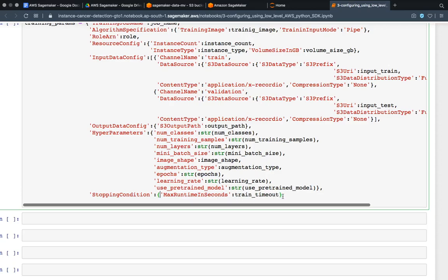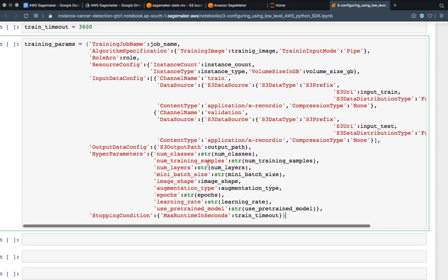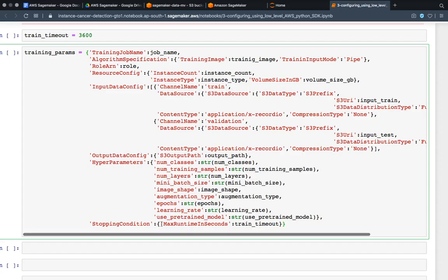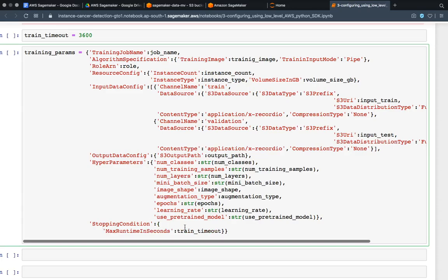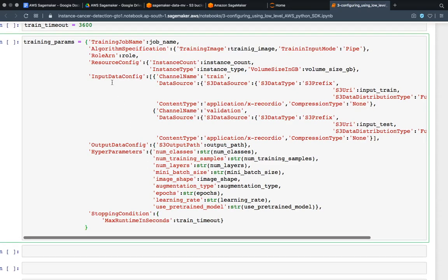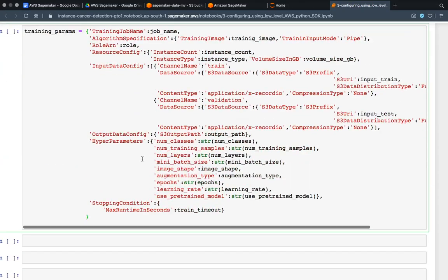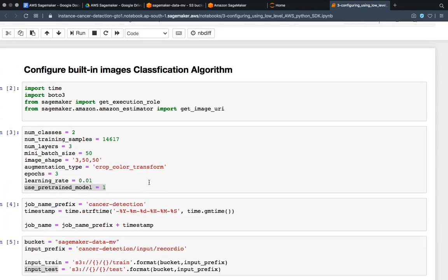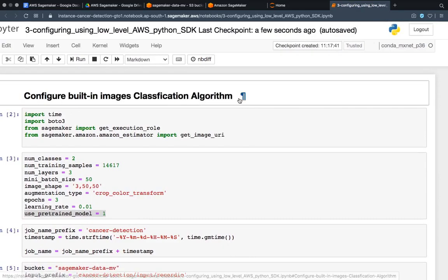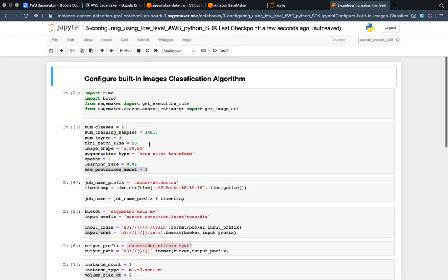And yeah, what else? You have to close this thing over here, and I guess we are good to go now. Or to make it more pleasant, we can do it like this. Now you can see it is starting over here and ending over here. These are the training parameters which we have defined, and these all are for configuring the built-in image classification algorithm, and that too using the low level